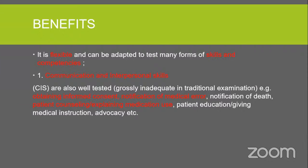Number one is communication and interpersonal skills. Now, let me say something about interpersonal skills. I remember during my internship period,